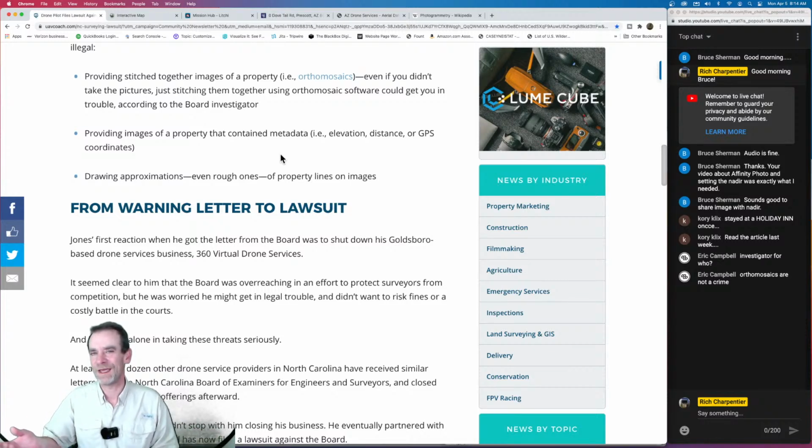Well, that's doing it inside, but you can take that outside too. So maybe we put some patio furniture. Maybe we accidentally show the property with a stitched together image. Oh my God, is a board of survey engineers coming after me? I don't know. So if you can't tell, I'm not kidding when I say this one really ticks me off,